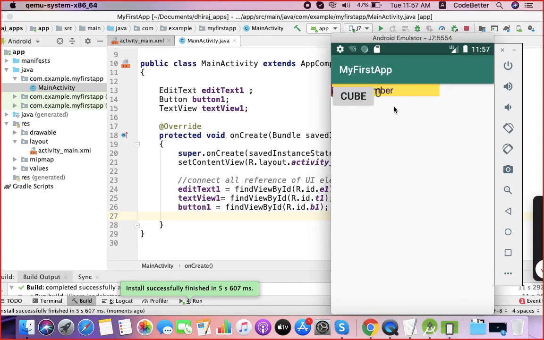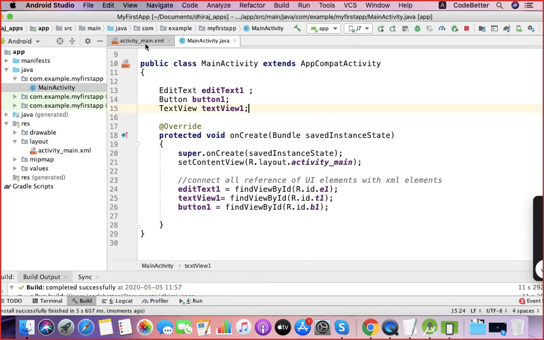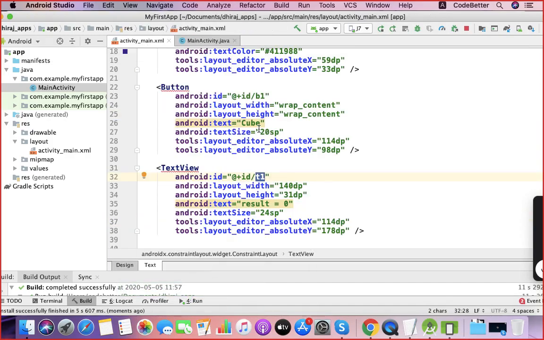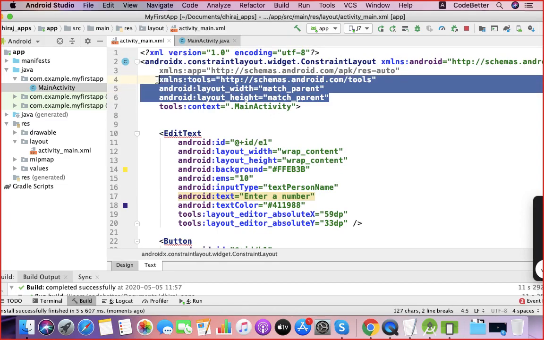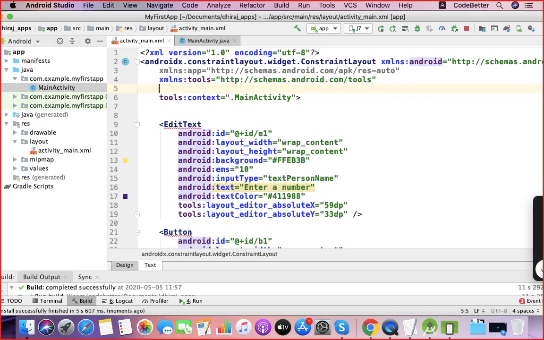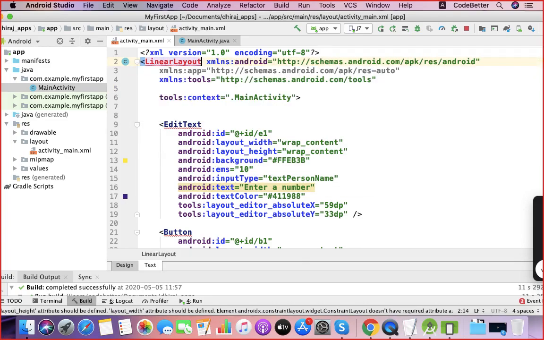Can you see this screen? Yeah, but the problem is that the elements on your screen are overlapping. So you have to set some properties. For the time being, I am just changing the main layout, which is linear layout.